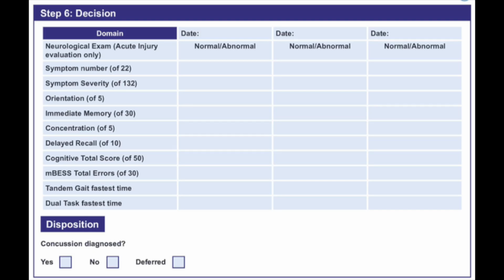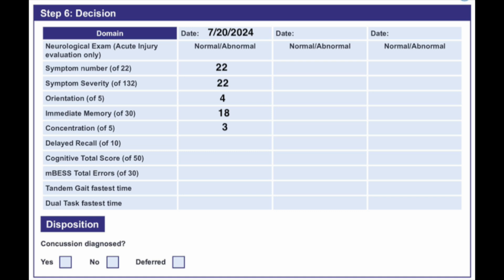Step 6, decision. This portion of the exam is only for the clinician. You need to put the date that the examination happened. You need to put symptom number out of 22, symptom severity out of 132, orientation out of 5, immediate memory